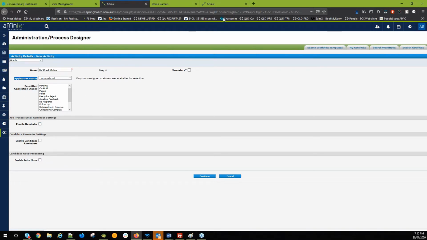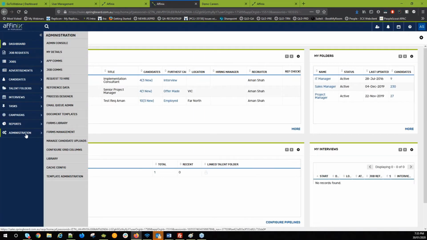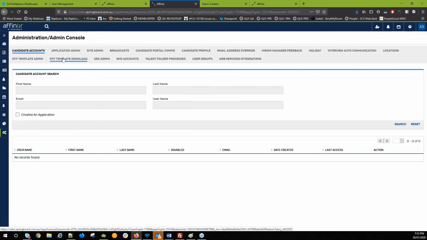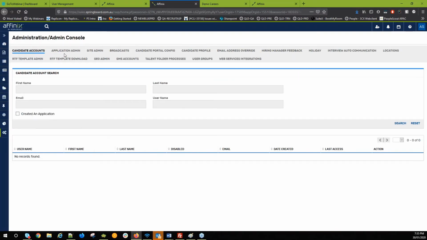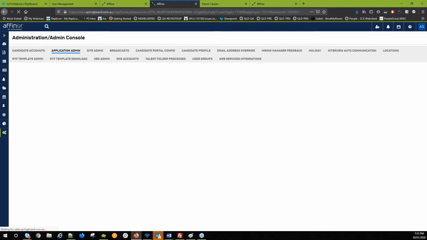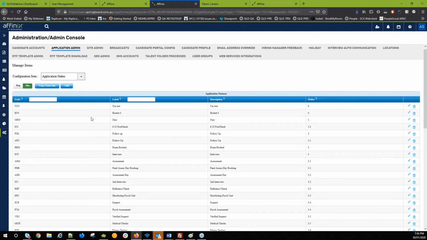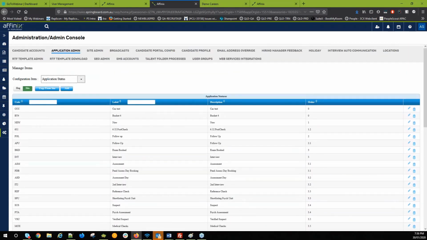To do so, let's create a new session of Springboard. To create a new application status, we need to be under Administration and click on Admin Console. As we discussed earlier, we will talk and discuss more about Application Admin. Within Application Admin, you've got different options. The first one is Application Status, which will be the whole list of application statuses we saw in the